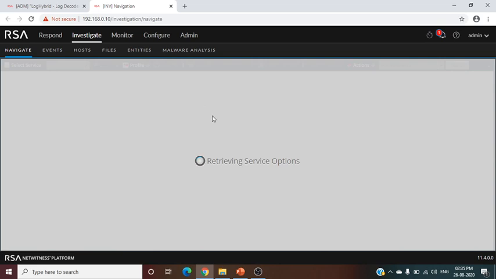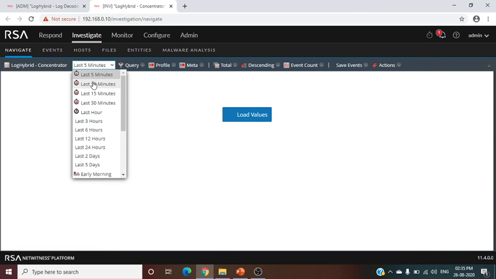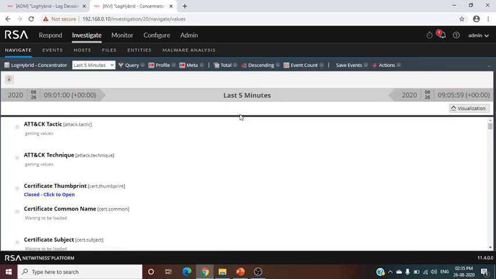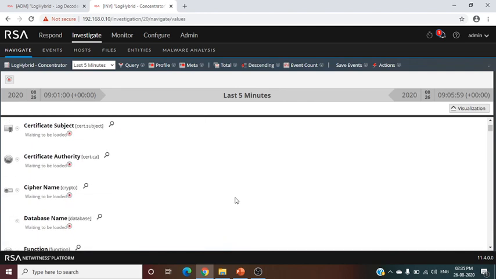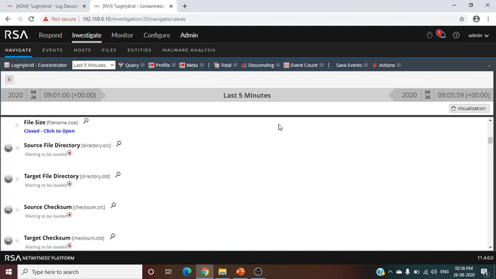So it's concentrated. See, the logs have come up.